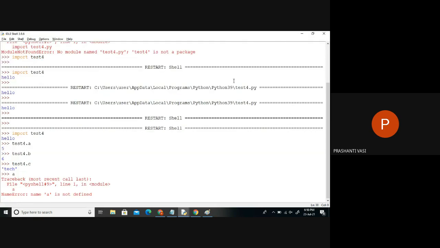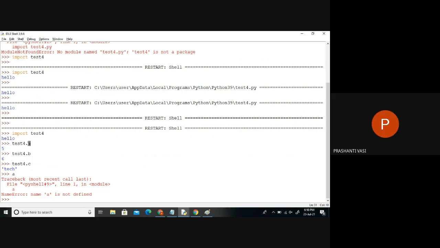But we can't call it this one. This is an error, right? We can't call it directly because what we have done by the first import statement is just loaded the file on the interpreter. The file is there inside the interpreter, but I don't have direct access to the information. So to access the information of this particular file, we have to call the dot operator. This is called the access operator. So test4 dot will take you inside the test4 file, and whatever is there you can access with the dot operator only. Right? Is this clear till here or any confusion?